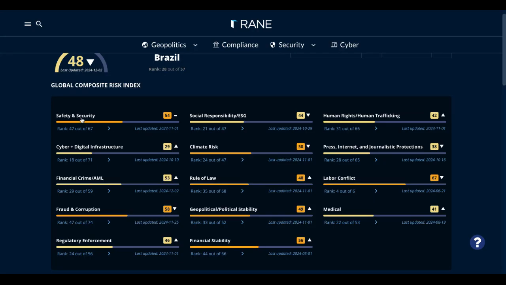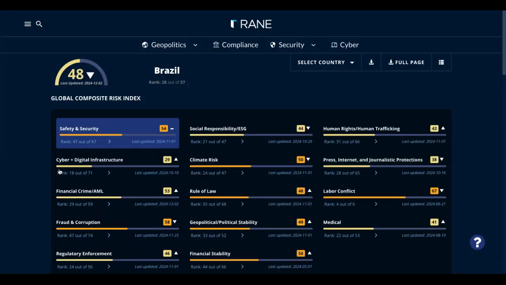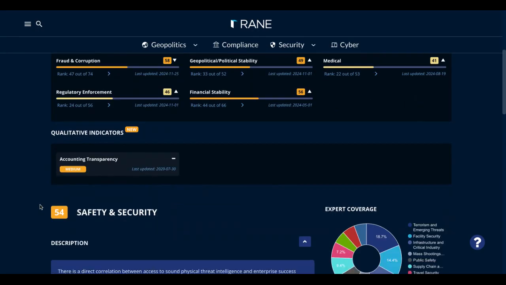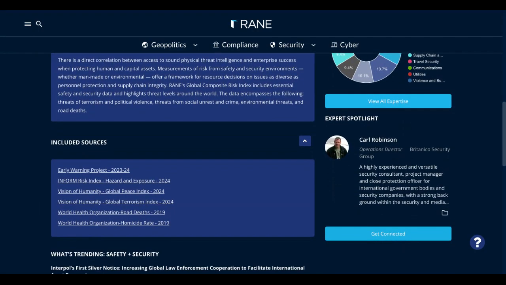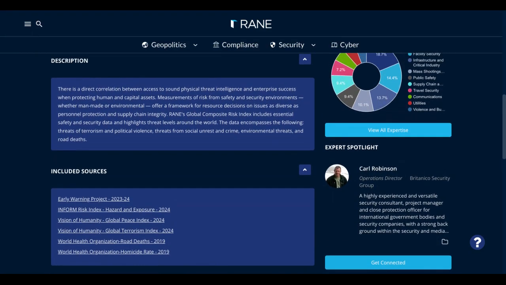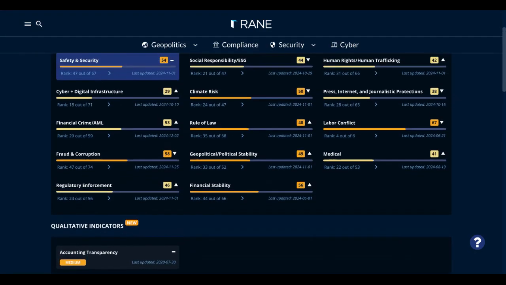We are very transparent with the sources that are being used for any one of these categories to lend to the veracity of our approach, the legitimacy of this data. The idea is that you can incorporate this into your own, say, quarterly benchmarking of country risk and countries in which you're already operating in, or to support your assessments of new markets, emerging markets that you may be considering as well. So to give credibility to the approach, again, we're very transparent so that you can incorporate that into